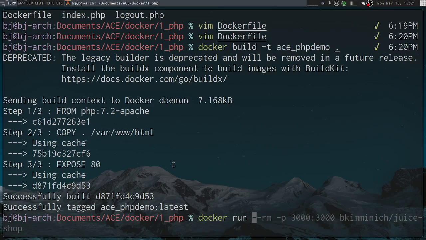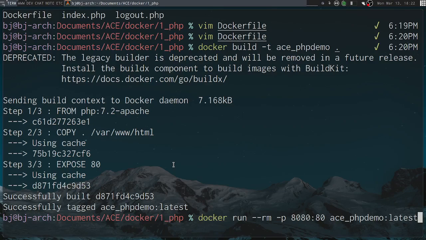So docker run to start up our image. I'm going to use --rm to say once you finish with this image, just remove it and don't leave it there. And I also need to map some ports. Again, we exposed port 80 in our web server, but my laptop doesn't let me actually expose port 80 on the laptop itself, so I'm going to expose port 8080, and I'm going to tell it to use that ace.php demo image.